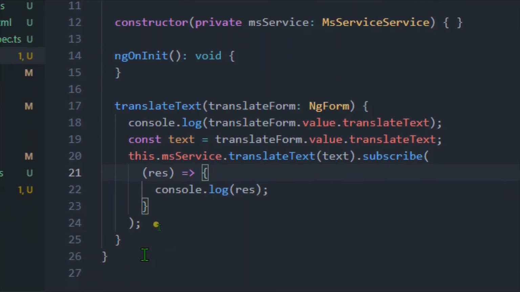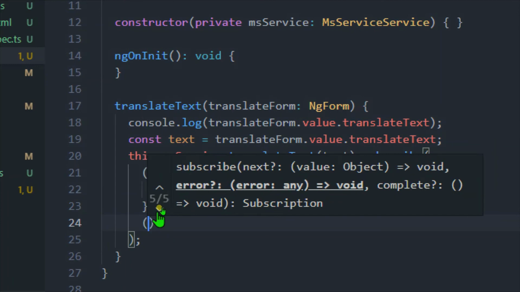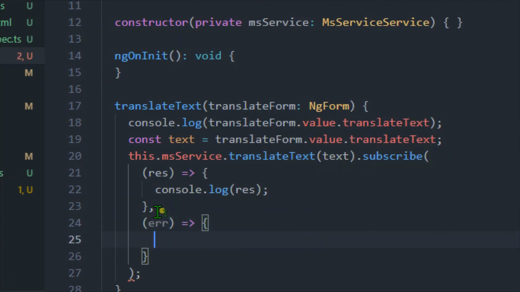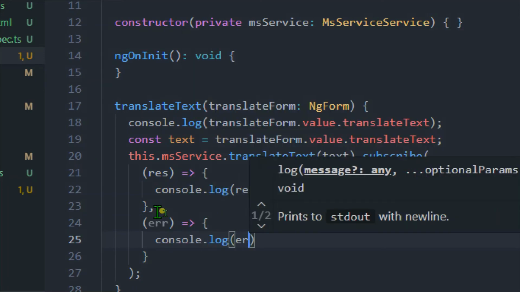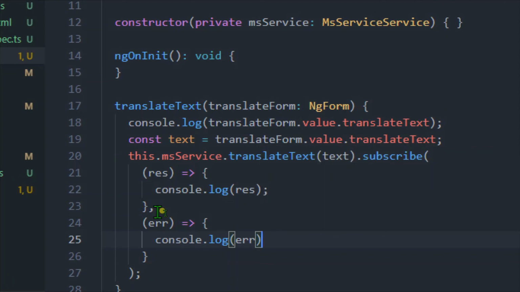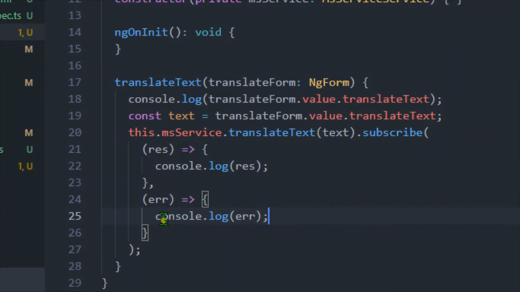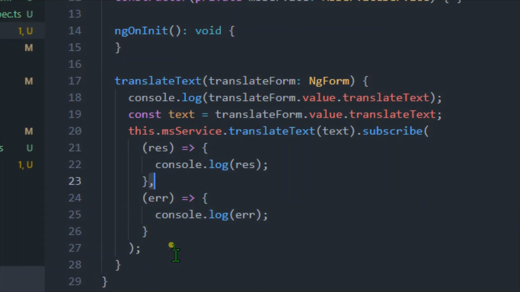So over here, let me give the comma, give the variable name error, and again give console dot log error, like this. Let me pause this for a few seconds so you can observe all these brackets, because here we have used lots of brackets. So make sure you are giving all the brackets and commas in a correct way. And now let me save this one.